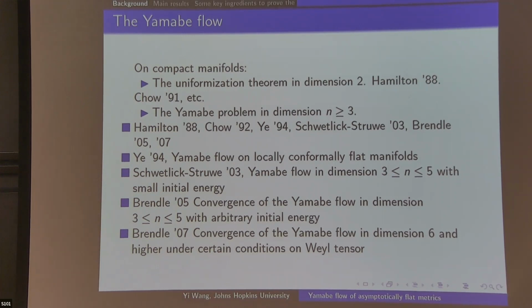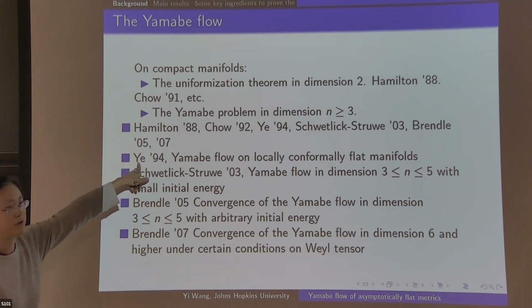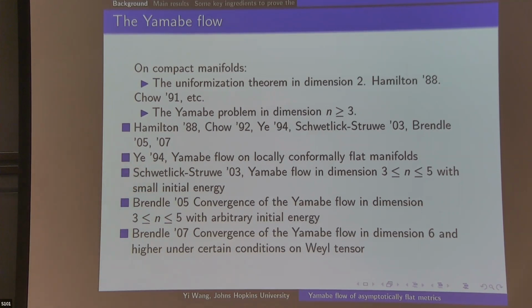And this one was actually crucial, because at that time Aubin had already proved the Yamabe problem for all higher dimensions on non-locally conformally flat manifolds. So the only non-trivial cases left for the Yamabe problem back then were the locally conformally flat manifolds as well as the lower dimensions from 3 to 5. So that was a really nice result.